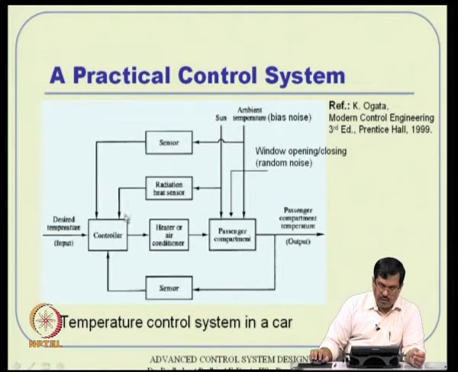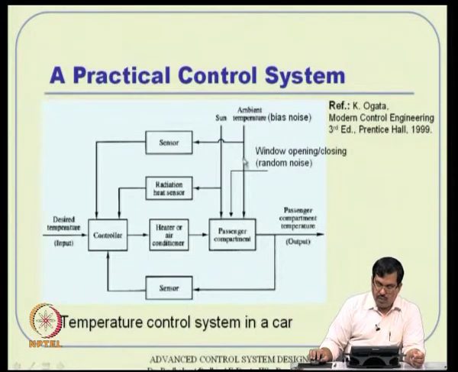Okay. Now, you can visualize this system from a variety of subsystem points of view. You are interested in temperature control. So, primarily you need to know what is the temperature inside the passenger compartment. So, obviously, you need a sensor for doing that, and you require some desired temperature, which depends primarily on the people inside the car. Sometimes you may want to set different temperature levels, but that comes primarily as a reference input.